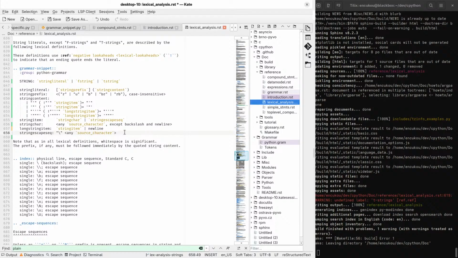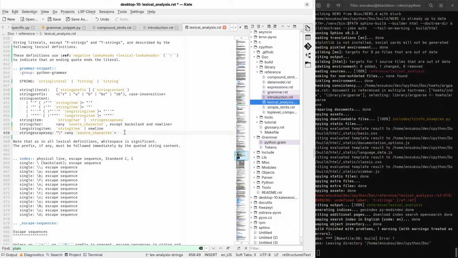Let's find where that is referenced. That should be in the atoms here. Right, keywords. It's not a literal. That's names and keywords. So literals are just numbers